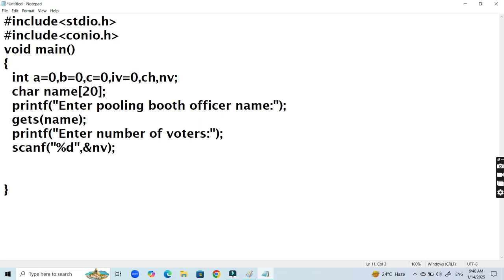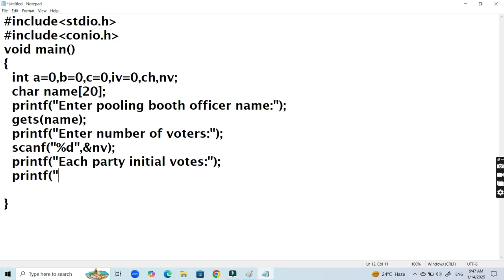After reading the number of voters, the third one is we need to display each party initial votes. Printf each party initial votes. Here in this line, I am displaying each party initial votes. In the next line, party A initial votes are percentage d, and party B initial votes are percentage d. Party C initial votes are percentage d, double quotes, and the variables are A, comma B, comma C. So up to here, I displayed initial votes to confirm machine is working properly or not to the polling booth